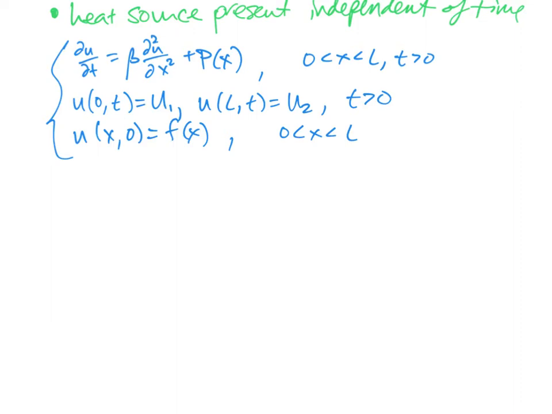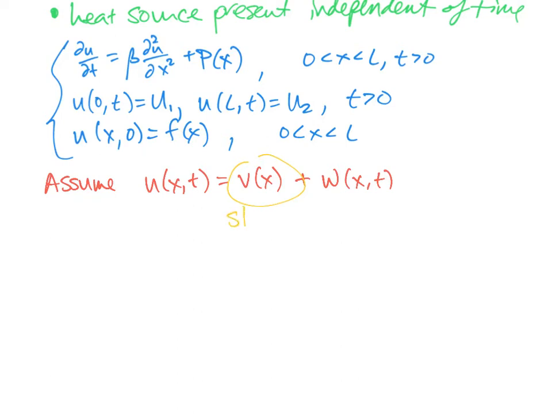If we try to solve this the same way that we solved the last version of it with separation of variables, we will run into some complications because we have our non-homogeneous boundary conditions. So we're going to take a slightly different approach. We're going to assume that our solution u of x,t is equal to some function which is independent of t plus something else, some w of x,t. And this makes sense because